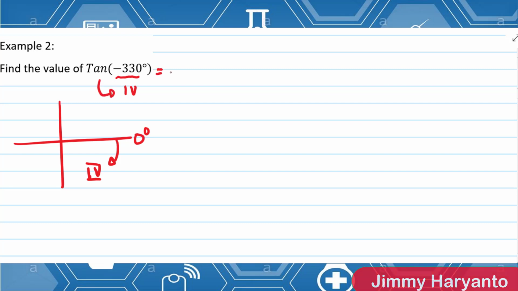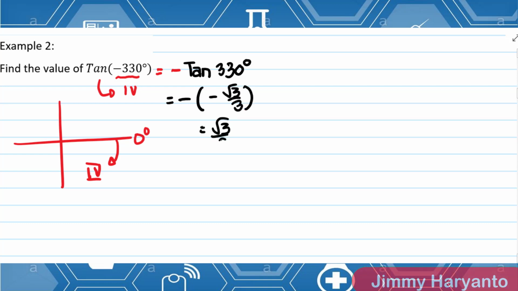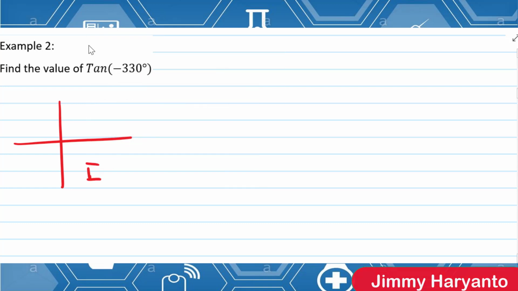For this one it is quadrant 4. Tan in quadrant 4 is negative. And then you can think, I use 0 degrees as the normal benchmark. So it will be tan 330 degrees equals negative, in the bracket, square root of 3 over 3. You can think like that also, but it's a little bit difficult, I think.